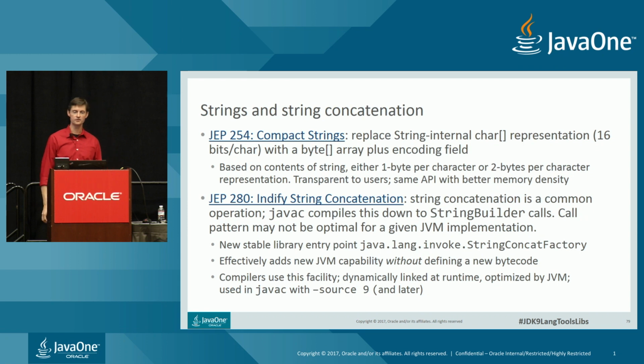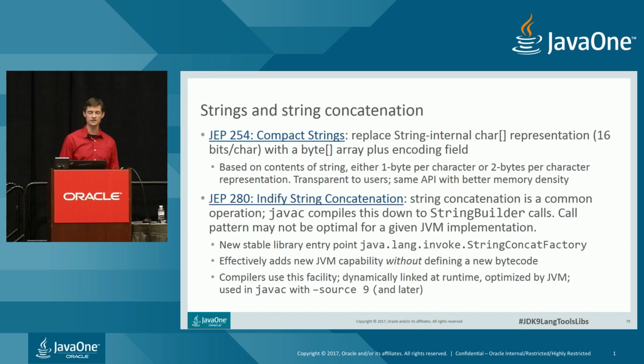A few interesting features related to strings. The first of these is compact strings, where without any user intervention, if your string doesn't require any of the high bytes to be non-zero, it'll use a 1 byte per character representation as opposed to the old 2 bytes per character representation. And if you do need the high byte set, it'll use 2 bytes instead. So this can give you a better memory usage for your applications, especially ones using strings, and you don't have to update your application in a way to take advantage of that.